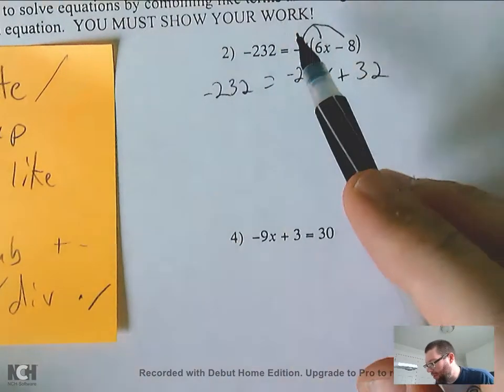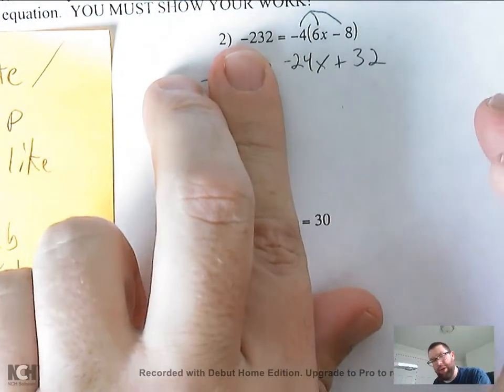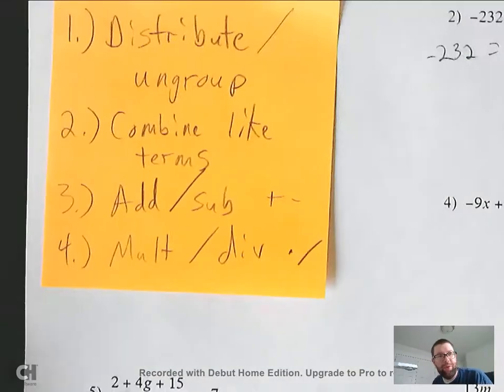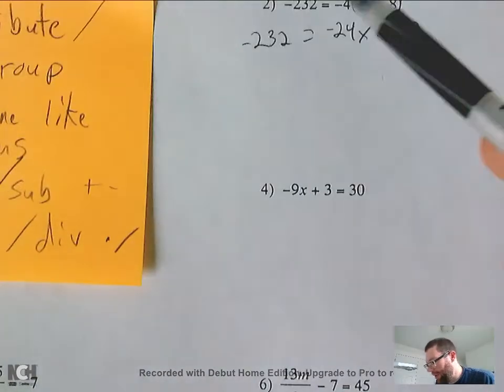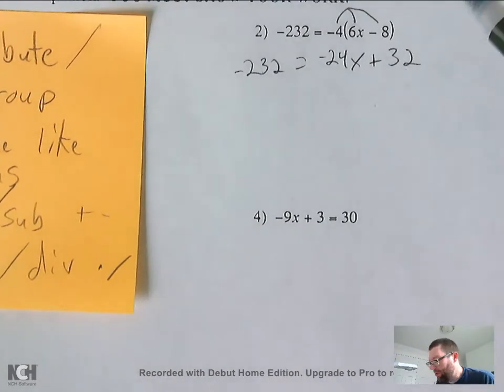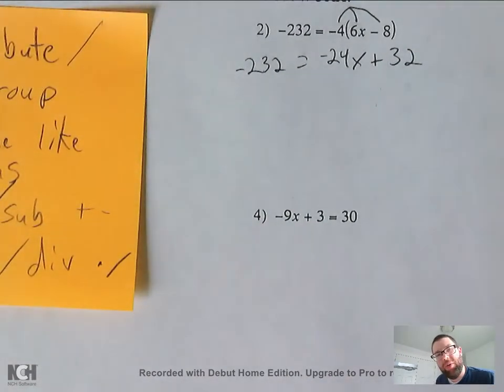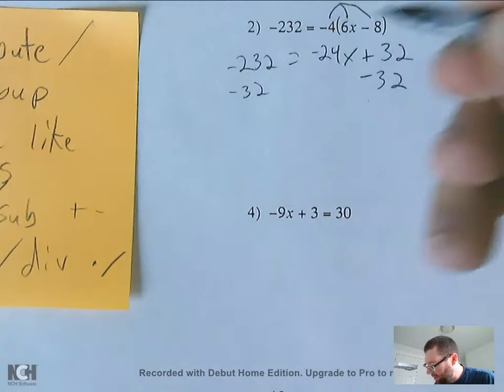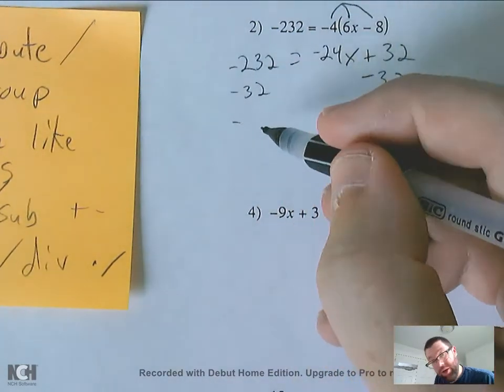Now, there are no like terms. When we talk about like terms, we're talking about terms on the same side. There are no like terms there, so I don't combine anything. So now we get rid of the add or subtract. I have a plus 32 here, so to get rid of it, I have to do the opposite operation, which is to subtract. So I'd subtract 32 from each side. That gives me negative